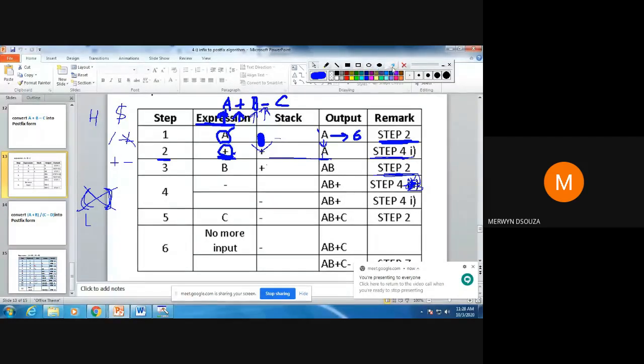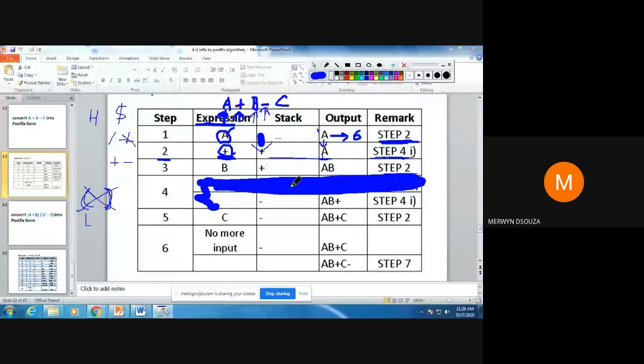Okay. So basically here I have shown you how the fourth step is actually comprising of two steps. In the exams, you need not show this if you have understood what is being done. You can directly show that incoming operator is minus, then plus goes to the output, and minus goes to the stack.